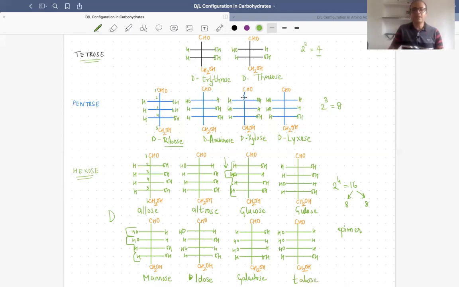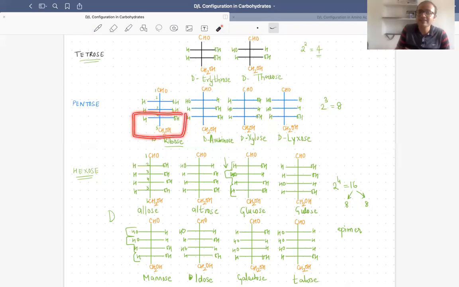Okay, so I hope you got a brief idea. So here it's all D. So this is D-allose, D-altrose, D-glucose, D-gulose, mannose, idose, then galactose and talose. All are D form. Simply the mirror image of all these would give you the eight L forms of the hexose sugar. Okay, so this is the way in which you make the various D form or L form of the various monosaccharides. So how do you decide whether it's a D or L form? You will look at this